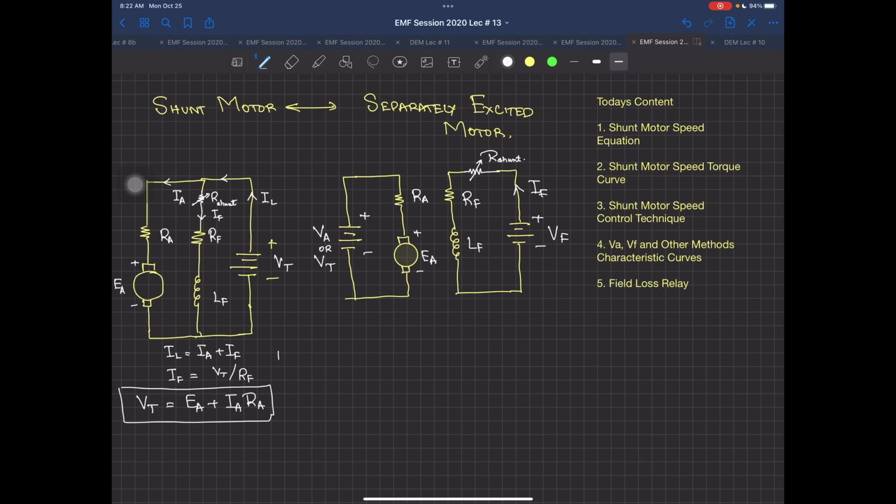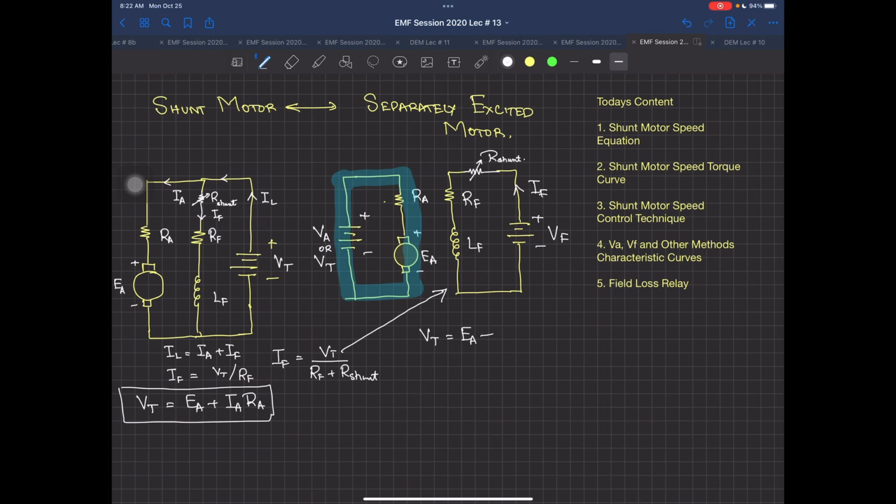So now this time IF will be equal to VT divided by RF plus R shunt, because now you have added another resistance. The same equation applies for the separately excited, and I guess I don't need to repeat this one. If you take the KVL equation of this loop over there, it is going to be again similarly VT equal to